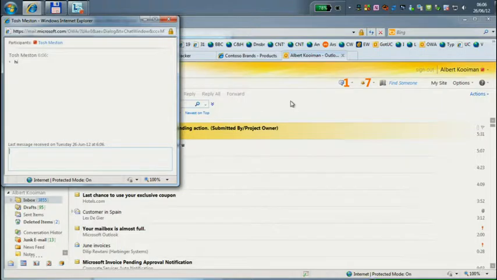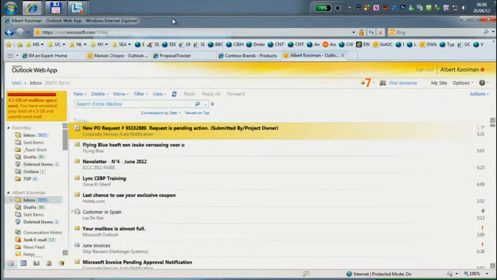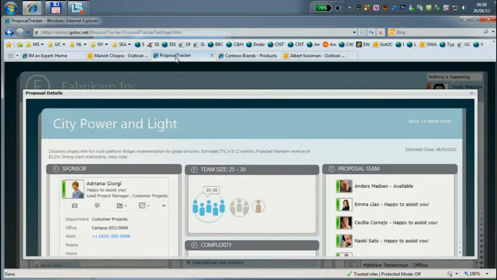So let me go back. I'm now going to try to transmit context to the other side from this proposal tracker application. So I'm going to talk to Emma. Now, Emma is not awake. She is actually a bot. So you have to bear with me in this demo, right? I'm going to talk to an automated responding thing.